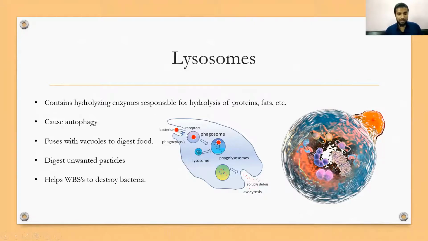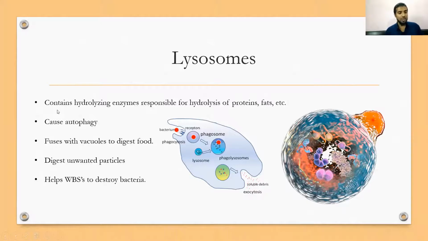It takes the bacteria in through the receptor, and this forms a phagosome in this way. The phagosome absorbs the bacteria and causes lysis of the cell. You can see this red colored part, which is a bigger one, and when it comes here, it breaks into smaller pieces. That means the lysosome has released certain hydrolytic enzymes that have broken this bacterial cell. As a result, the soluble debris is removed by exocytosis.